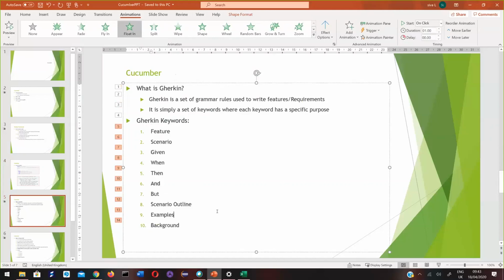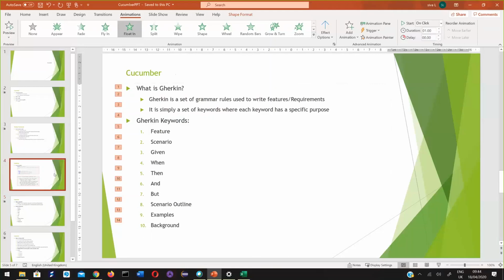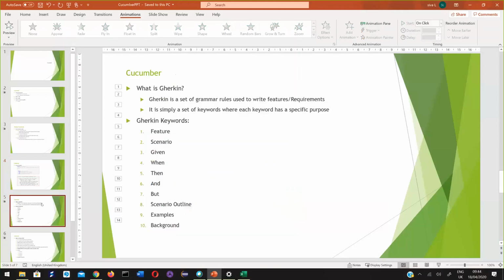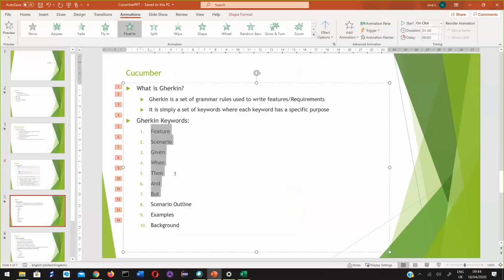Only this set of keywords is there. 10 keywords are there: feature, scenario, given, when, then, and, but, scenario outline, examples, and background. So when you are documenting a feature file using Gherkin language, you are supposed to use these keywords, which have a predefined meaning.